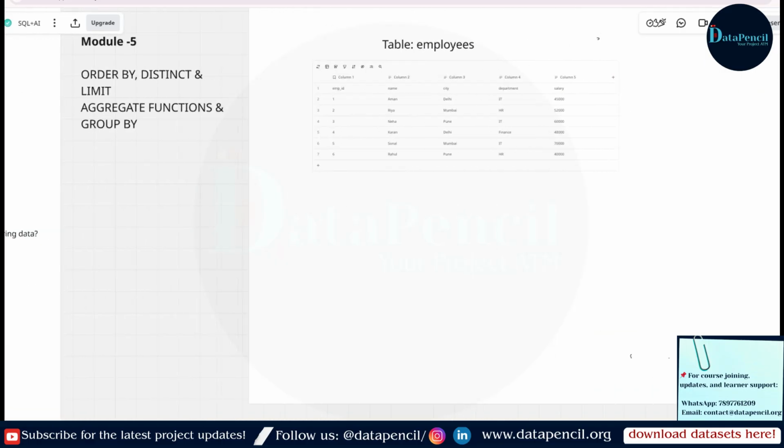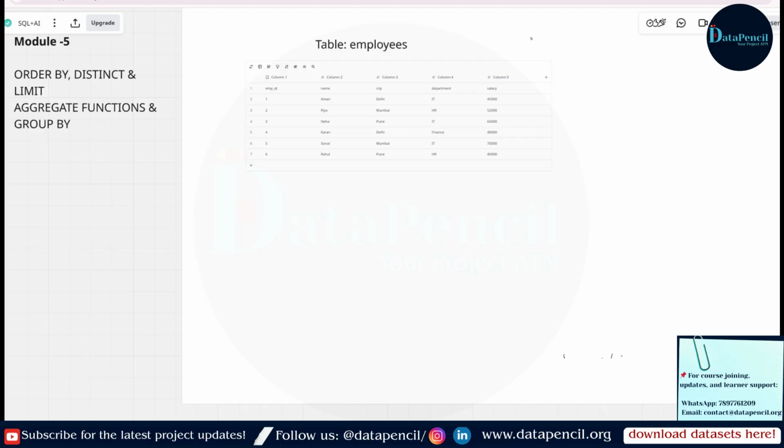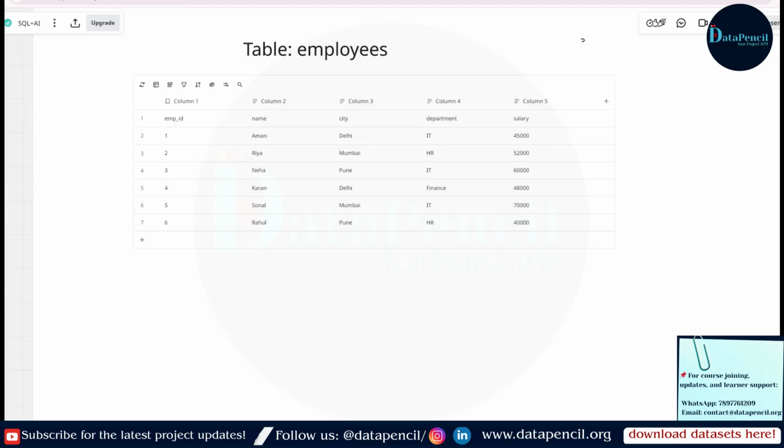This session will be very interesting, so just listen carefully like a story. We have this employees table. It has an employee ID column, a name column, a city column, a department column and the salary column, right?